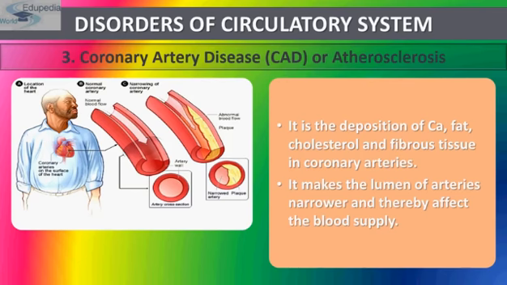It is caused by the deposits of calcium, fat, cholesterol and fibrous tissues. This results in coronary heart disease, a condition in which heart muscles or the myocardium is damaged due to inadequate